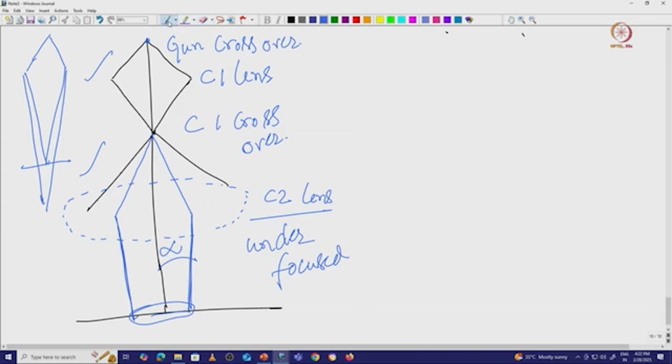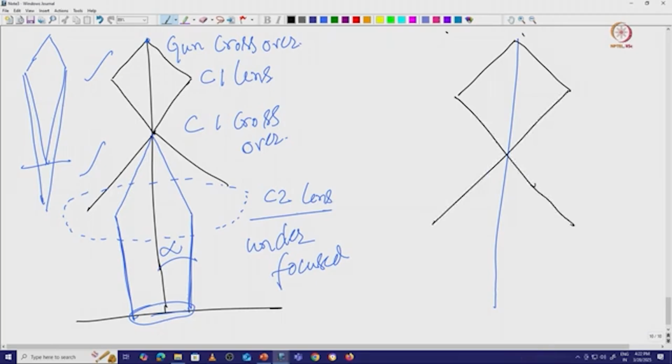Now draw the other one, that will draw an optical axis here. Now use the black ray to draw the lens system. It is coming like that, and then there is a crossover point. Rays will go in their own way, and now I'll use the other ray. This ray will come until here, and then I'm using the C2 lens because here I have a C2 lens. Here that C2 lens I'm trying to focus it,